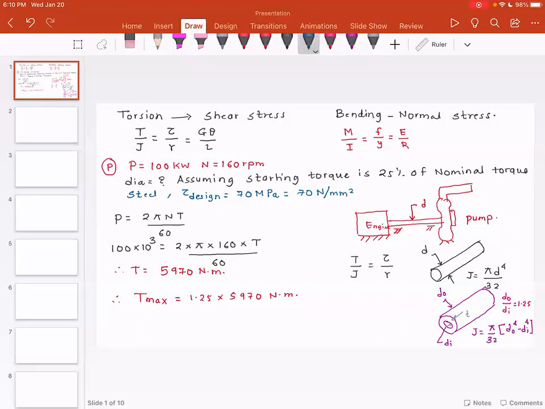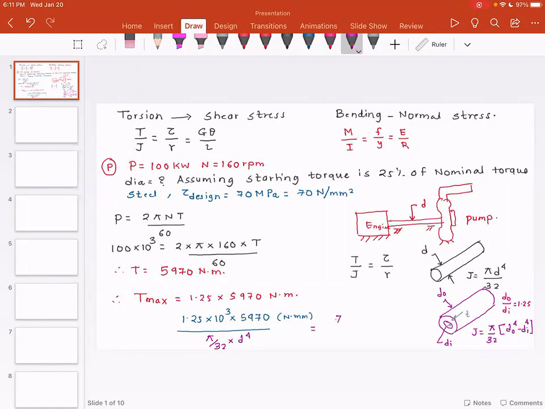And when the shaft is solid, using the equation, 1.25 times 10 to the power 3, 5970. And the reason for this is so that the units here are Newton millimeter, because the stress value is in Newton per millimeter square. The value of J is pi by 32 d to the power 4 is equal to